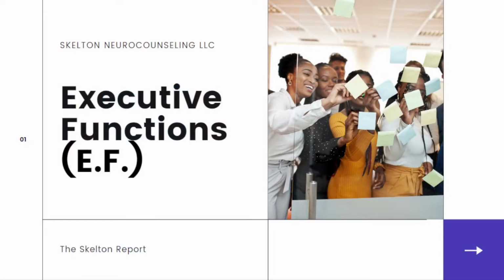Presentation on executive functions. Now, if you've ever wondered what are the mental skills that help us to pay attention, juggle multiple tasks, and remember instructions, they are a group of skills collectively called executive functions, EF for short. And as you can see here, you have these business execs, quote unquote, working together to perform tasks. So that's a memory tactic to help you remember what executive